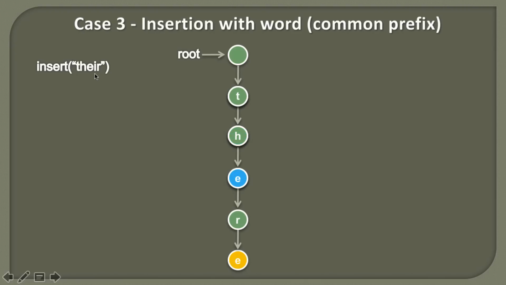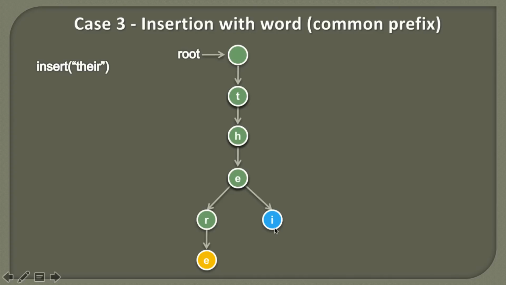And now we will see whether I is present or not. So here you can see I is not present. So from E there will be another branch coming out. We'll create a new trie node I and we'll simply link to this new trie node from E. So it would look something like this, that from E there is a link to a character I.